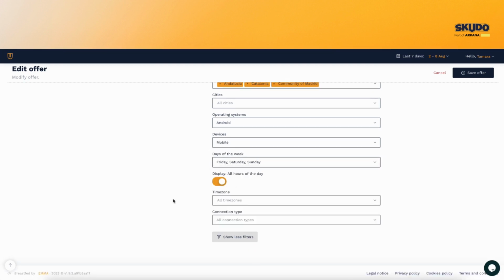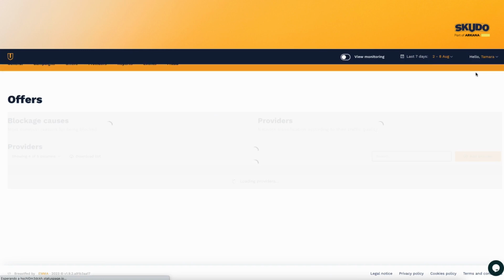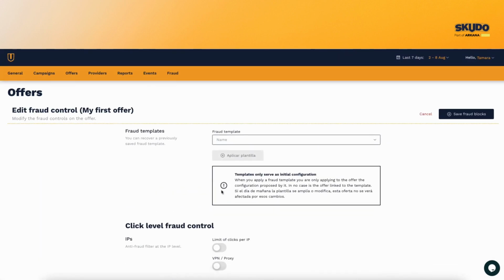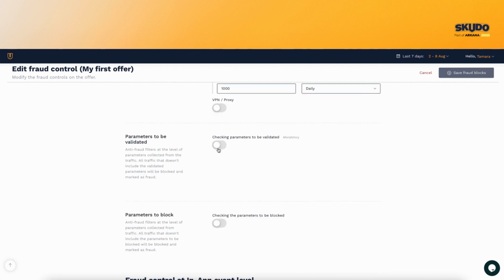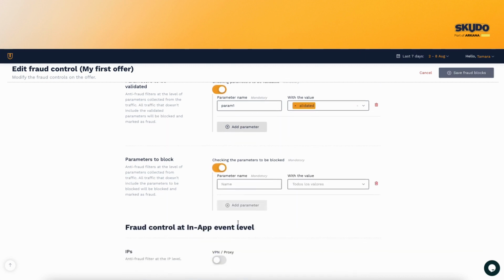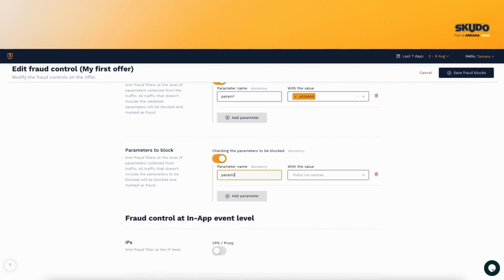It is also possible to establish fraud rules for clicks and in-app events. On the one hand, we can set the number of clicks per IP on a daily, weekly, or monthly basis. On the other hand, we can set parameters to validate, for example, conditions that must be fulfilled for the traffic to be considered good quality, or parameters to block, for example, if they are met, the traffic will be marked